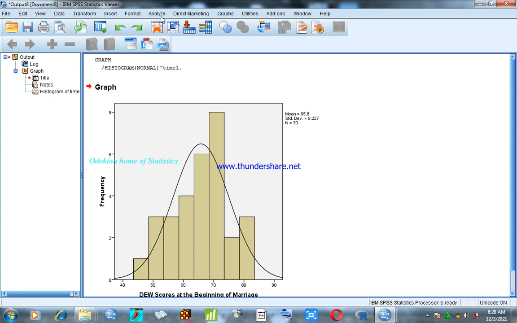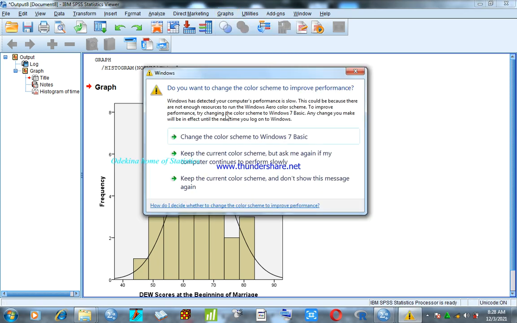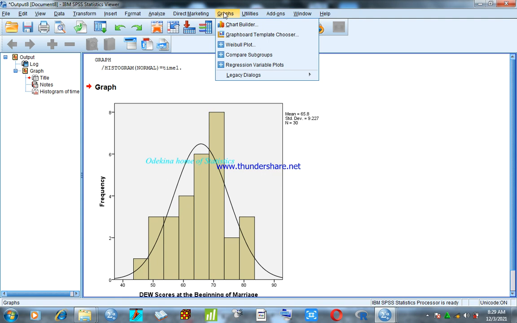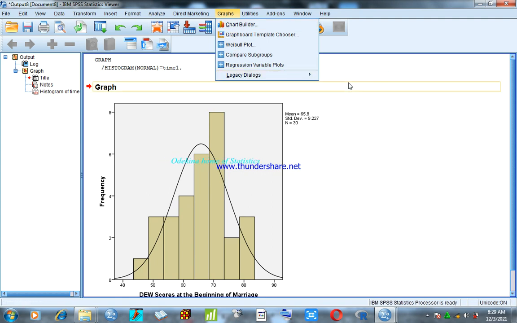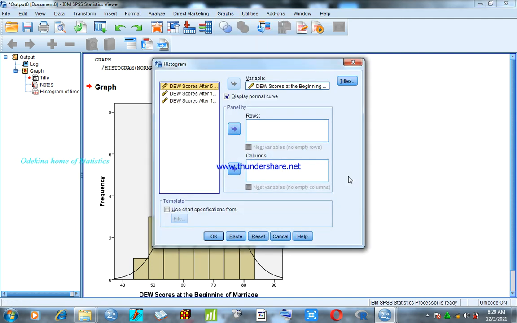Let's look at another data. We move to graphs drop down menu. Under the graphs drop down menu, move to legacy dialogues. From there, we'll come to histogram. Now, let's try check the normality for due scores after 5 years of marriage.